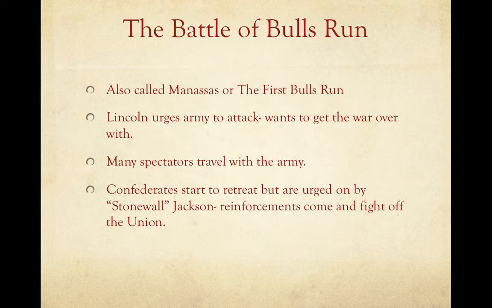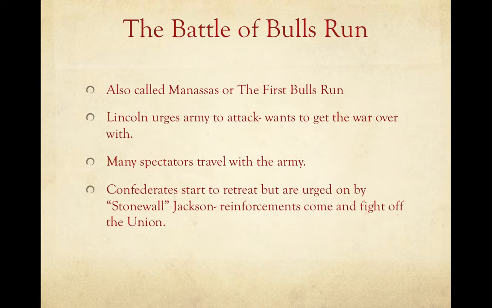So the first real battle of the Civil War is sometimes called Bull Run or Manassas. Different historians call it by different names, so sometimes Northerners refer to it as Bull Run and Southern historians refer to it as Manassas, but they are in reference to the first real battle. Now, the first actual battle was Fort Sumter, but Fort Sumter was just really a shelling for a couple hours and a surrender. Nobody died, so I almost view Fort Sumter as not counting as a battle, although it is something you should know. The first time that American troops, Union troops, fight Southern Confederate troops is Manassas or